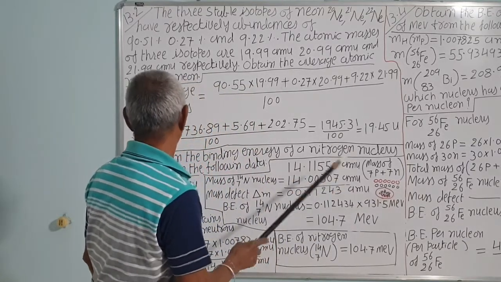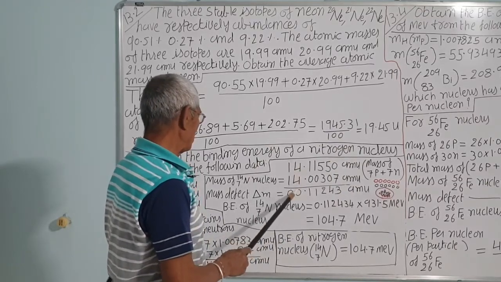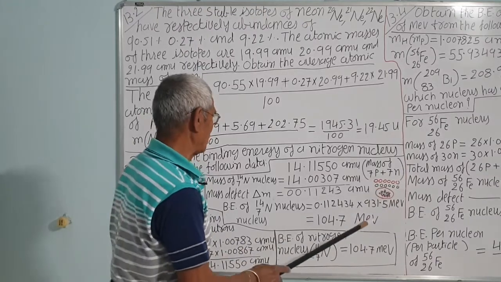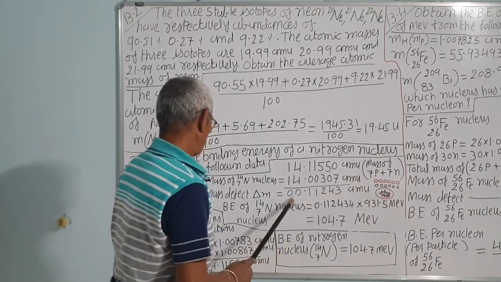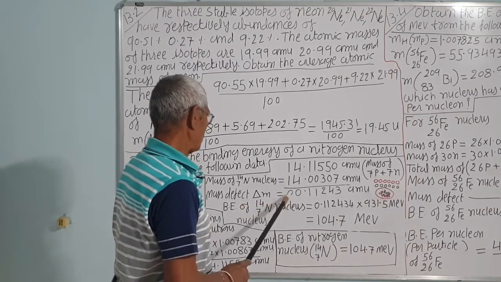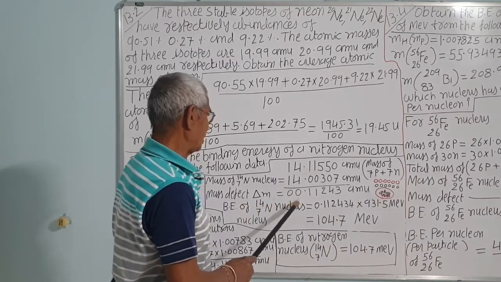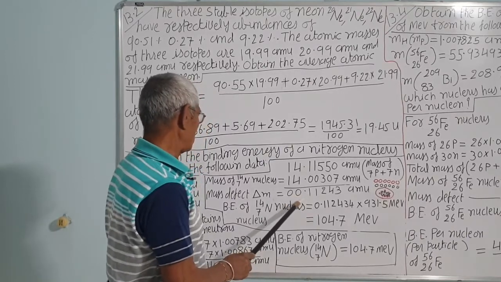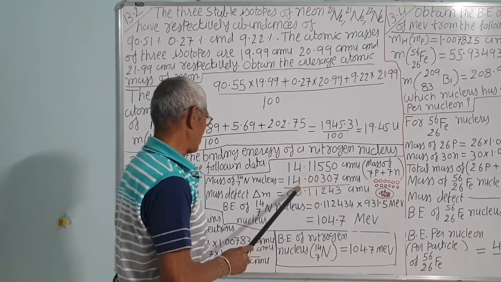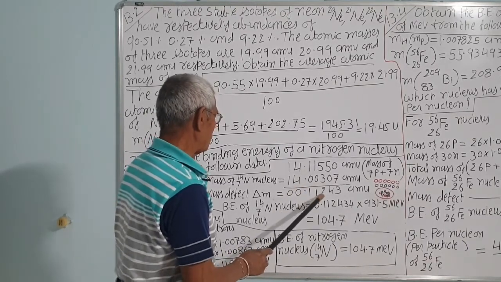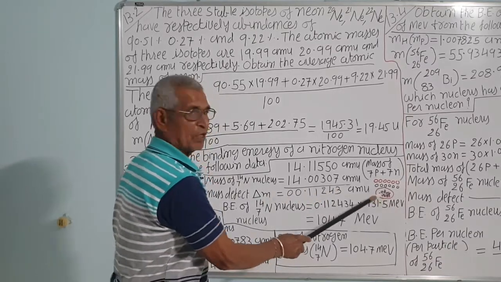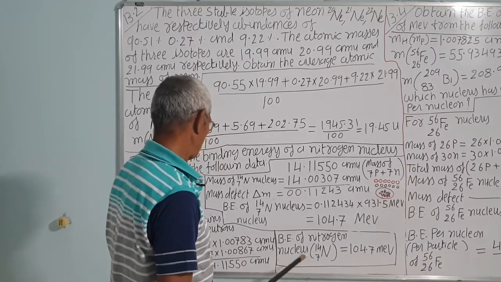and that is 14.00307. It is already given also. The difference between these is what gives the binding energy. It binds the nucleons, neutrons and protons, all together. Correct? So that is called the mass defect. It is the difference of the mass of the nucleons in individual or separate form minus the mass of the nucleus or nitrogen atom, that is 0.11243. This mass converts into energy to bind the nucleons together in the nucleus of nitrogen.